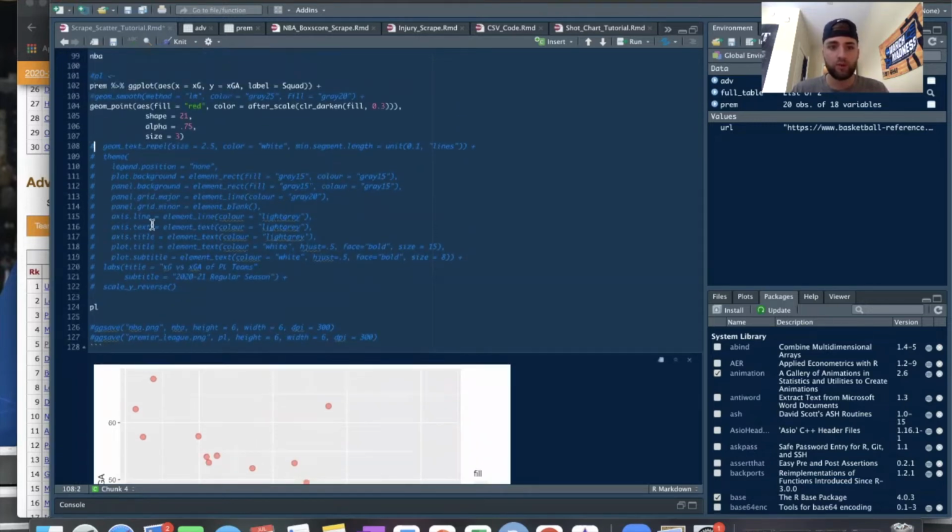So the next one we want to do is geom_text_repel. What this will do is it takes the label function, or what we identify as a label, which are the squad names, and places it on the plot. So size, color, and this tells us how much length we want from the points to the labels. So if we run that,